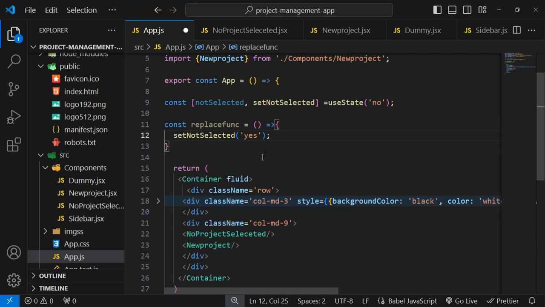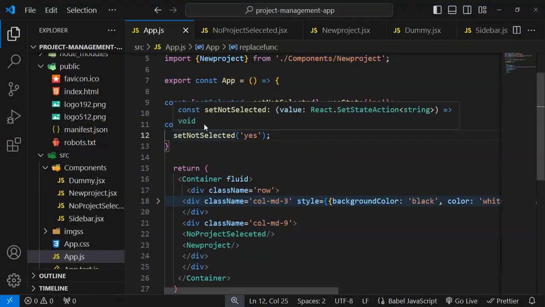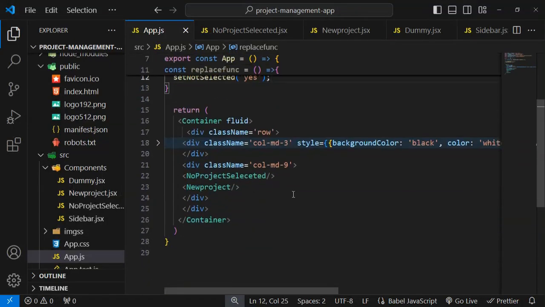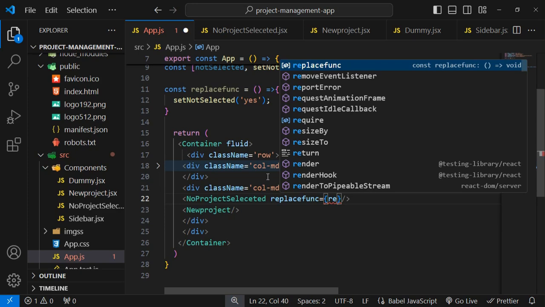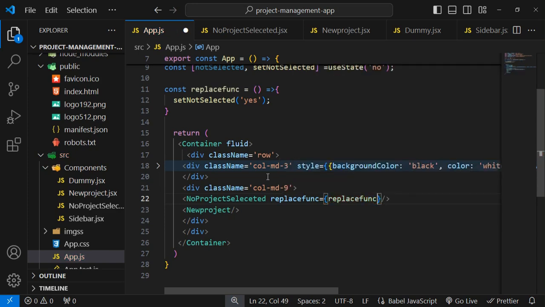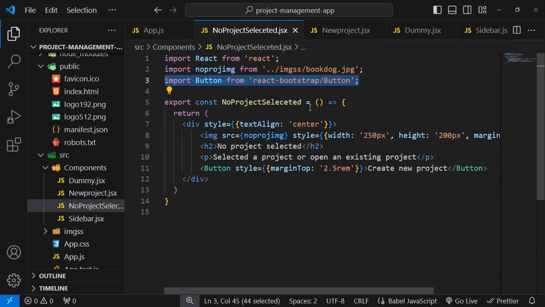I have just paused it. So what I have to do now, I want to call that function whenever that button is clicked. Let me show you. Whenever this button is clicked, I want this function to be called. So I am just typing here a prop. How can I pass the prop here? Replace function is equal to replace function. Now just press Ctrl S and move to our component which is no project selected, and here